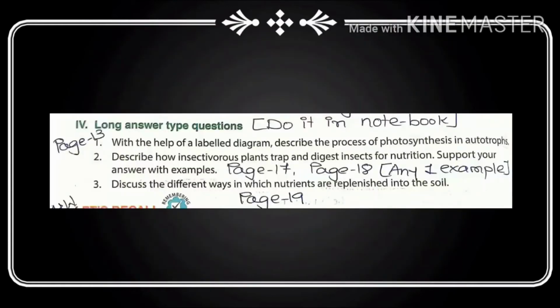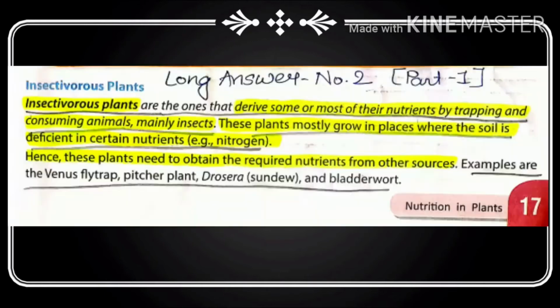Then the second question is, describe how insectivorous plants trap and digest insects for nutrition. Support your answer with example. For this answer you have to take out page number 17. Over there you will find how insectivorous plants derive nutrients by trapping insects, and then